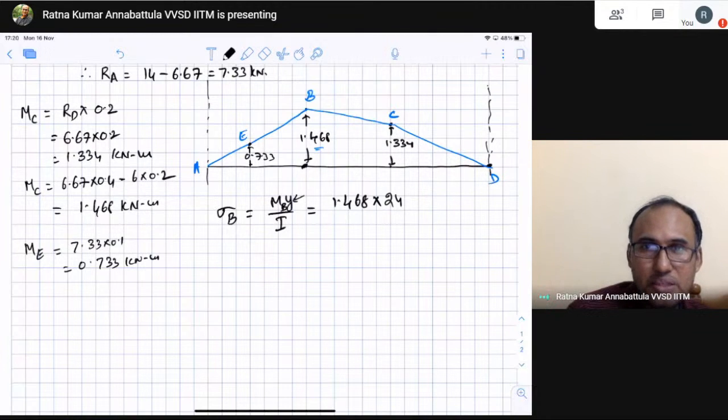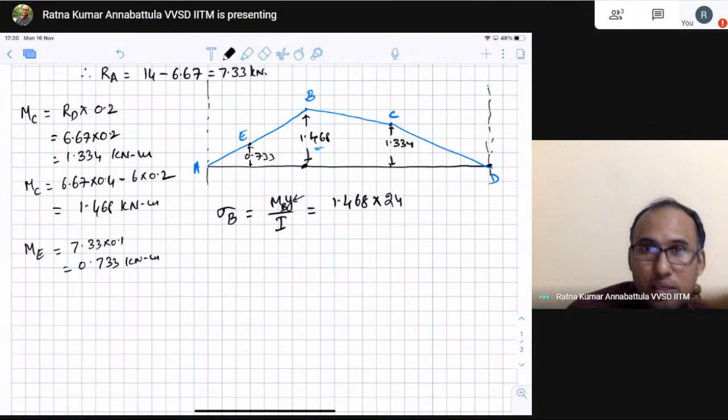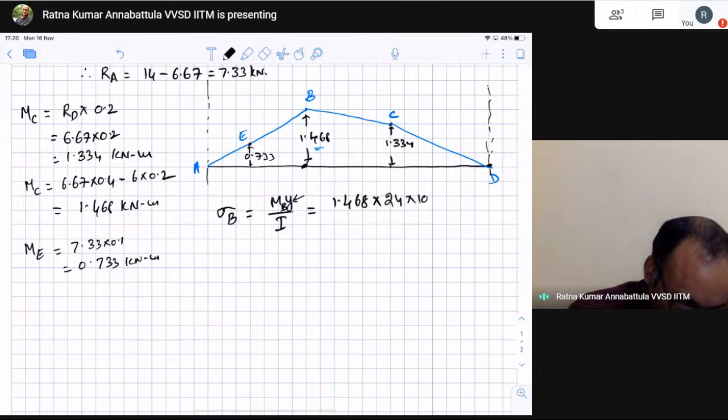So you have to work with consistent units, 24 mm. And here 1.468 is 1.468 kilonewton meter, so I am writing it in newtons into 10 cube. Because it is 1.468 kilonewton meter, that is Newton mm I will write, so that is 10 power 6